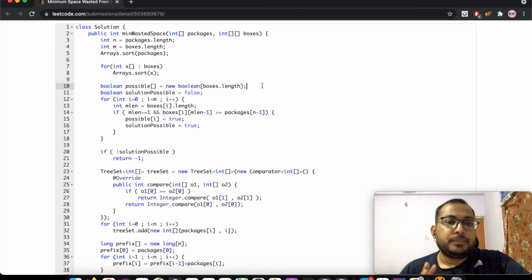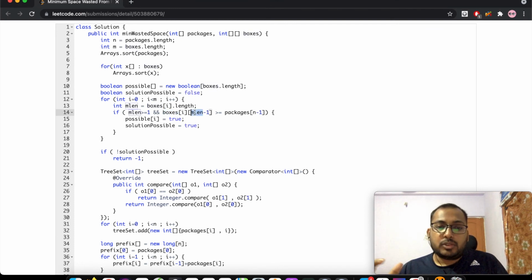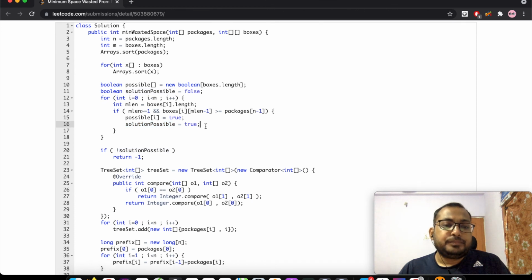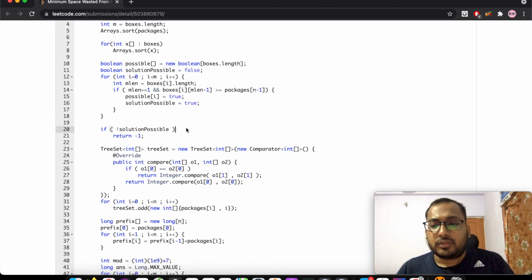We loop over the suppliers and check whether the maximum size of the box, which is obviously the last box since they are sorted, is greater than or equal to the maximum package size, which was our condition as we had discussed. If so, there is a supplier for which a solution is possible, so we mark solution possible as true. Finally, if the solution is not possible, simply return -1, or else we move ahead.